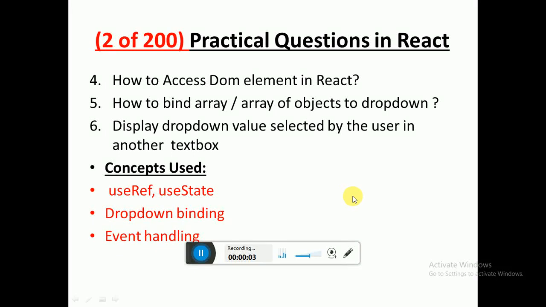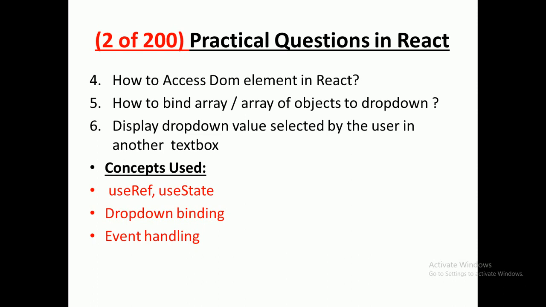This is part 2 of the practical question series in React, and here we are going to see three more interesting questions. As part of this, we are going to see how to access a DOM element in React. For this we are going to use functional components and use ref in React. The next one is how to bind data or an array of objects into a dropdown.